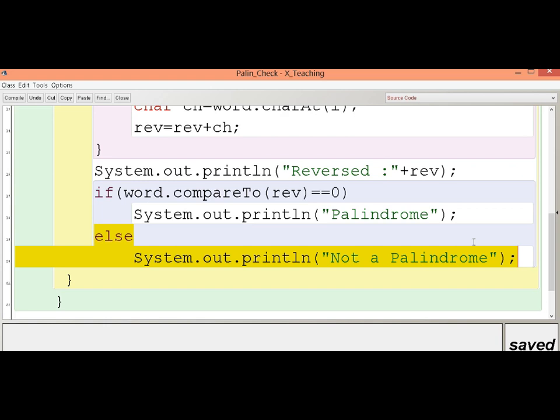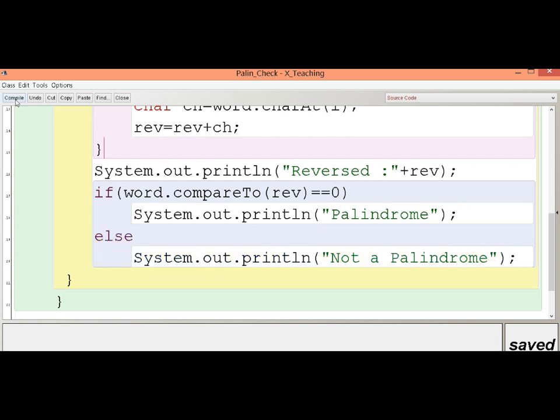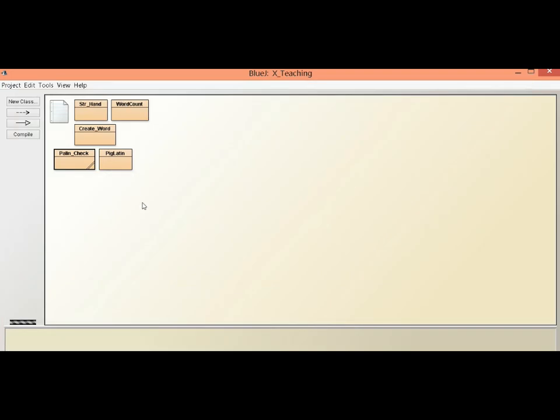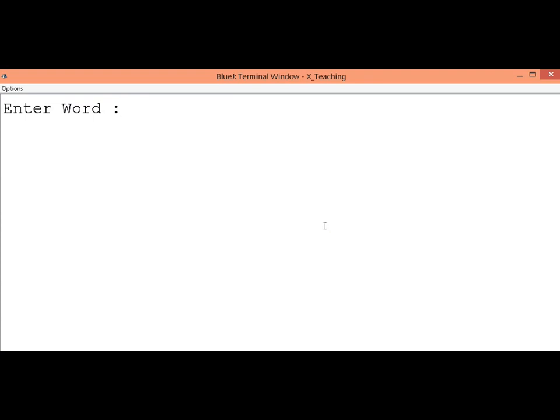So far it's okay. Now I'll just compile it once more. No syntax error, you can see. We'll close it, and now I will show you how to get the output. Initially, I will enter one non-palindromic word. Suppose I enter system. Once I enter, you will see that it shows the reverse word as METSYS, and it is not a palindrome, obviously, because it is not read the same from both ends.